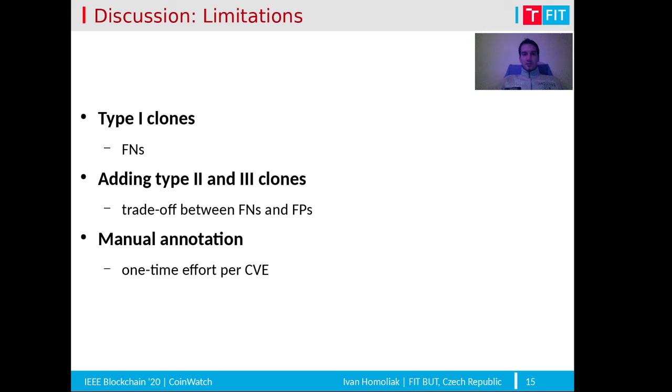On the other hand, it's possible to use type 2 and type 3 clone detectors within CoinWatch, and this can decrease the false negative rate of CoinWatch, but it may also potentially increase the false positive rate because there might be more projects matching the templates of the vulnerable code and the fixing code. Another limitation is the need for manual annotation of the particular code in the bug-fixing and bug-introducing commits. However, as we already mentioned, it's just a one-time effort per CVE, and we can watch thousands of cryptocurrencies with our